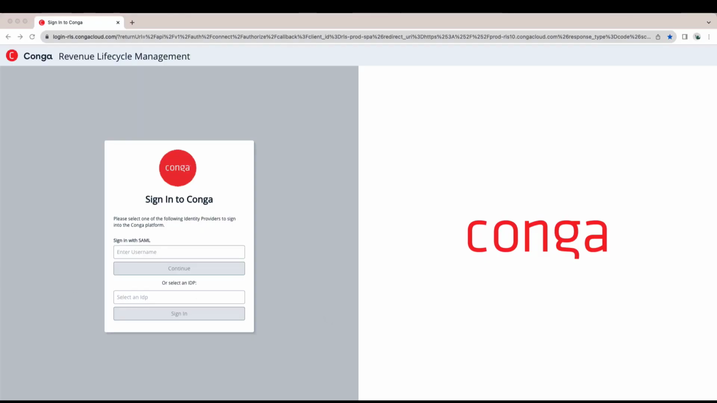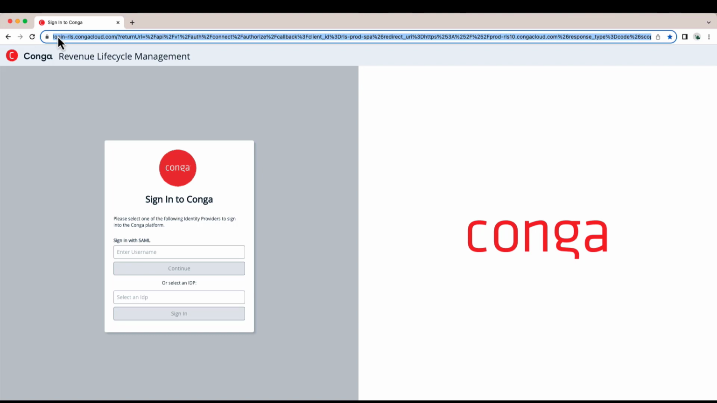Hello and welcome to this quick video overview of how to log into the Conga Revenue Lifecycle Management Cloud. To start us off, I am here on the login page of the Conga Lifecycle Management Cloud. And to get here, the URL that I visited is